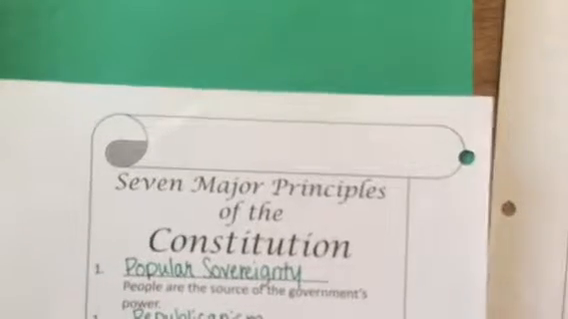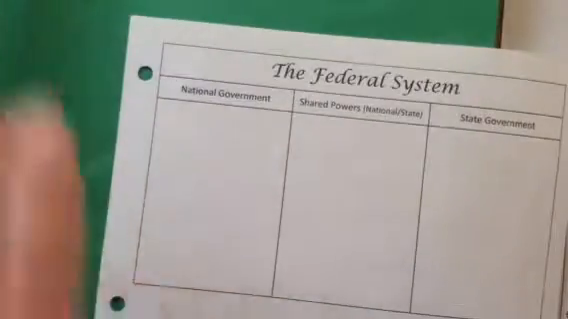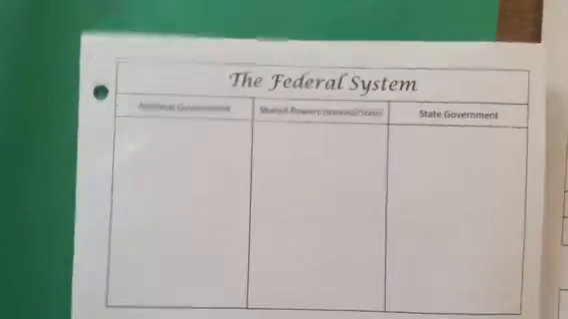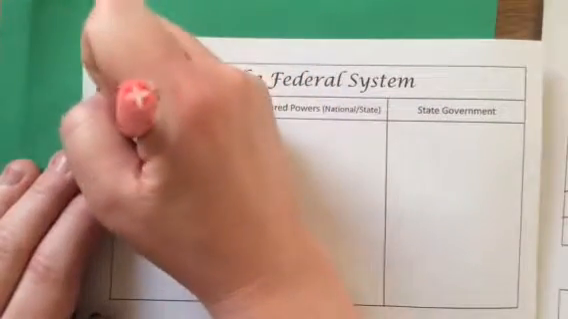Okay, now we're going to go on the back side of the 7 major principles of the Constitution, and we're going to look at the federal system. I know that's a little bit blurry. See if we can make that better. Okay, so in our federal system, the national government has the right to